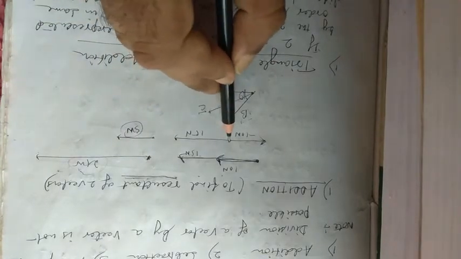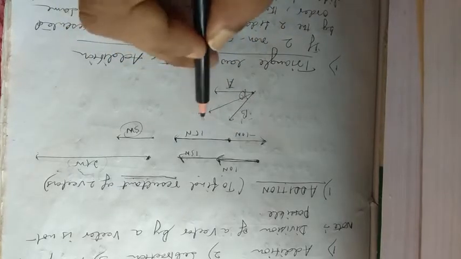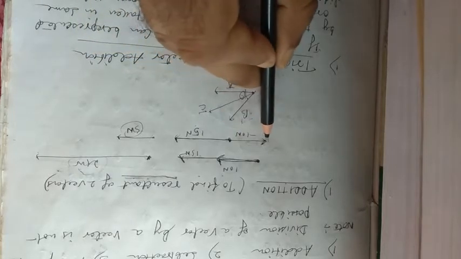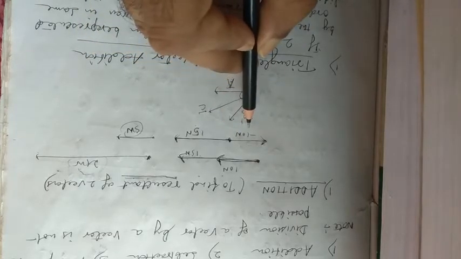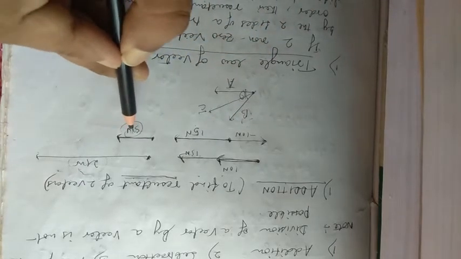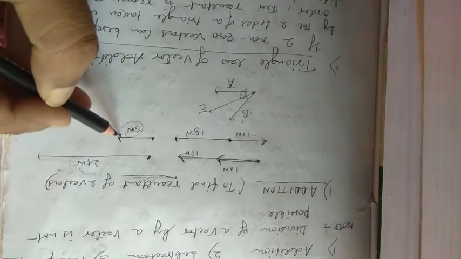Now suppose another force acts towards the positive x-axis, its magnitude is 15 Newtons, and towards the negative axis a force of magnitude minus 10 Newton. So the resultant will be a 5 Newton force towards the positive x-axis. Now these are called resultants.